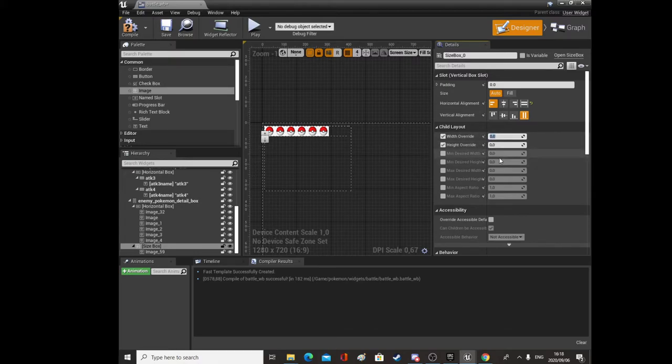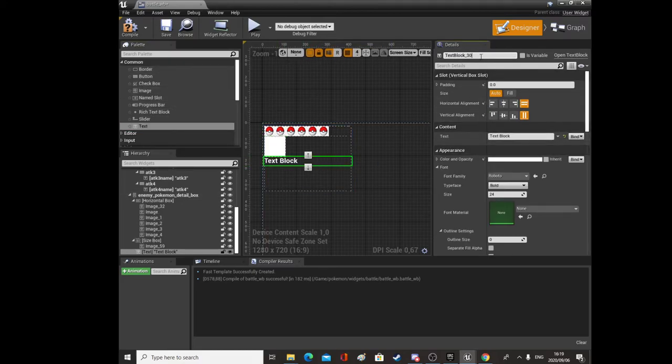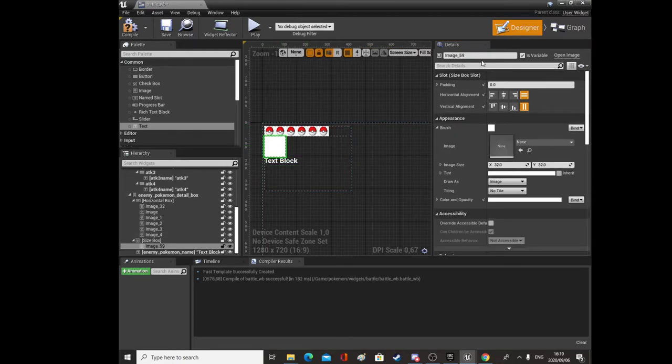and let's make it 150 by, or rather 100 by 100. I think that's going to work better. And then we'll use his Pokemon's image there. Then we'll need a text, so then we'll have the Pokemon's name. We should be naming these. Enemy Pokemon name. That should be a variable. This image should be enemy Pokemon image,